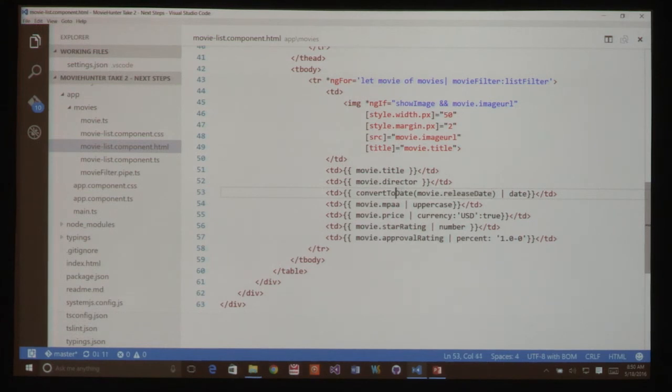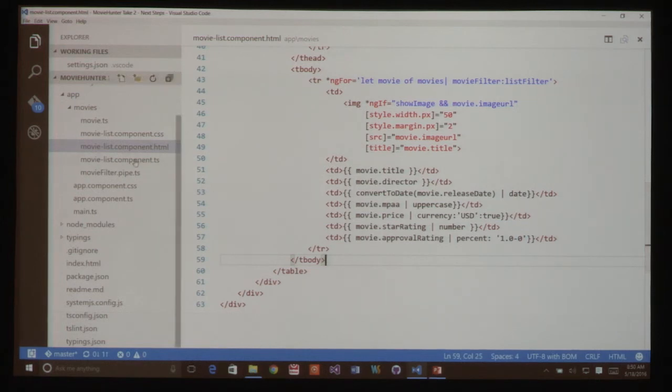So I'm converting it to a date and then formatting it nicely as a date. And I could format this date to anything I want, YYMMDD, however I wanted the date set up. I am using the pipe for the uppercase, currency. Here I'm just doing the star rating as a number, because we haven't added our star component yet. We will do that a little later, and here we're doing a % for our approval rating.